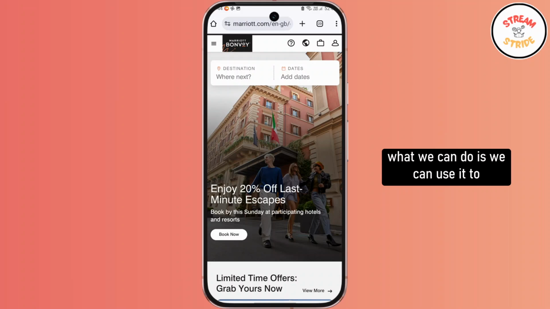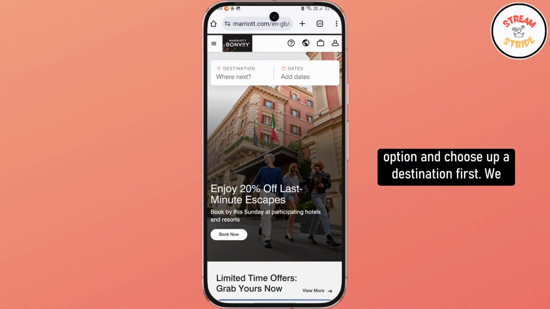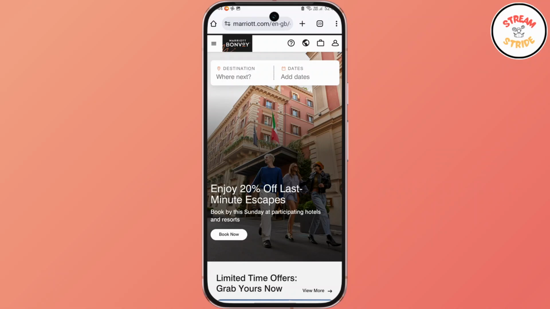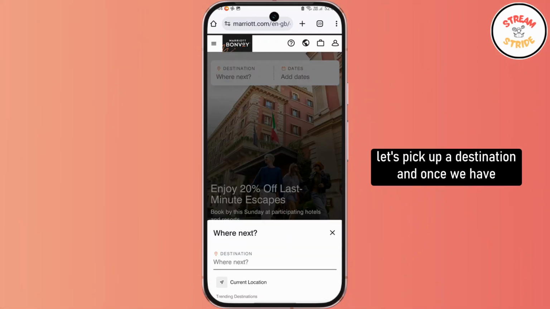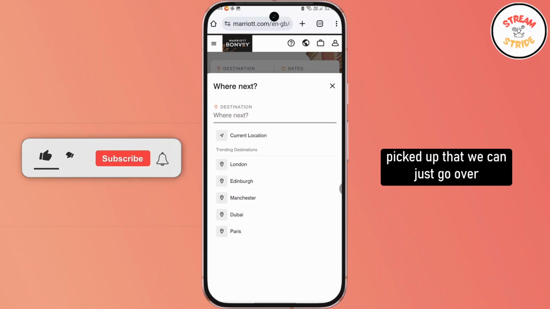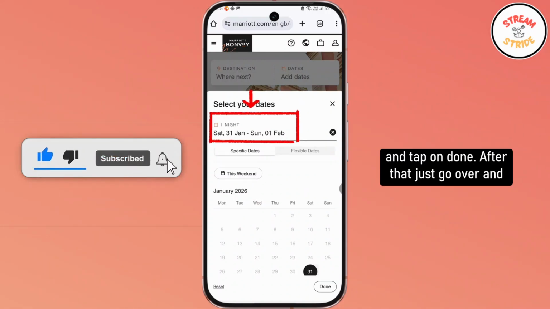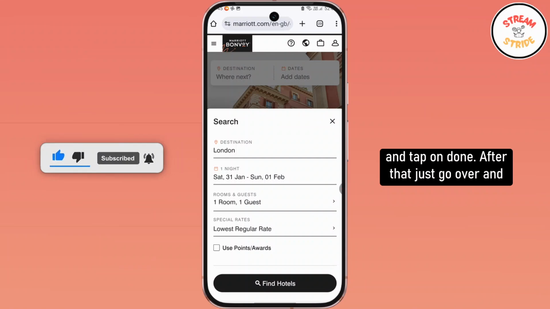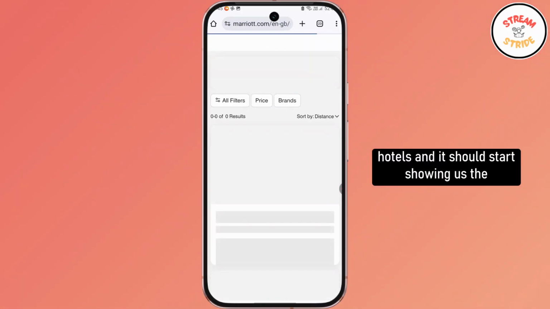Now, what we can do is use it to enter location, dates, and number of guests. So we can directly find this option called destination and dates. We can just tap on that option and choose a destination first. Let's pick a destination. Once we have picked that, we can type in where next, select our dates, and tap on done. After that, just tap on the option called find hotels and it should start showing us the